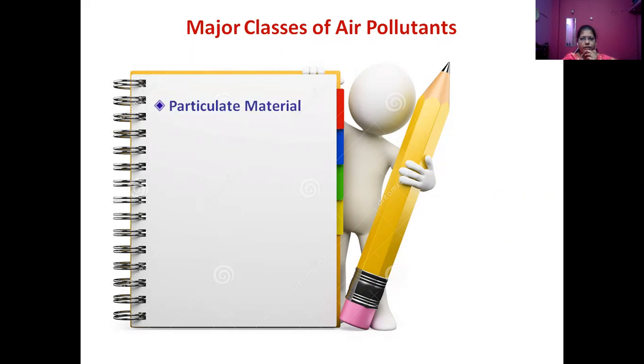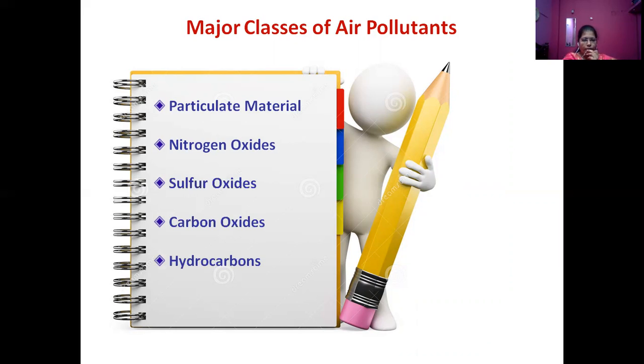There are 6 major classes of air pollutants: particulate matter, nitrogen oxides, sulfur oxides like SO2 and SO3, carbon oxides, as we all know, carbon monoxide and carbon dioxide, then hydrocarbons and ozone,